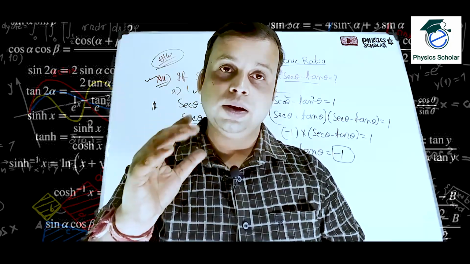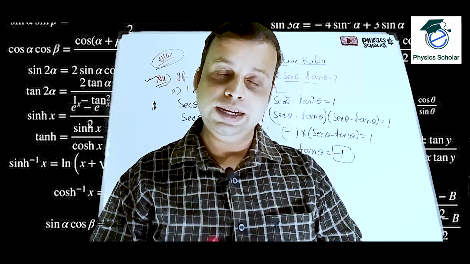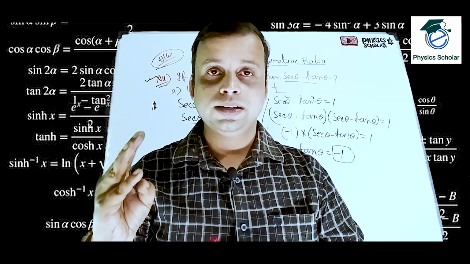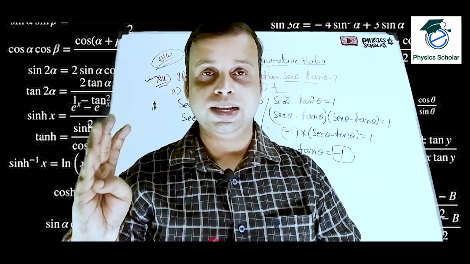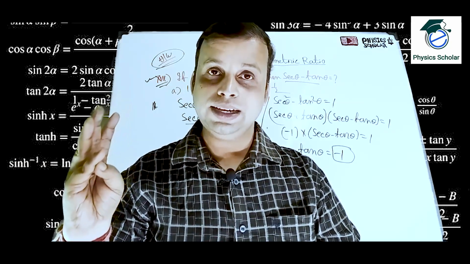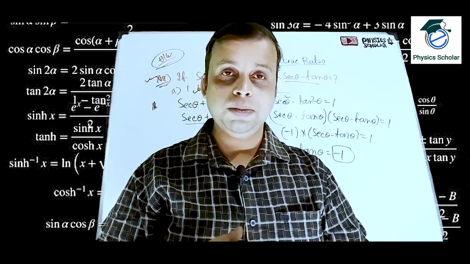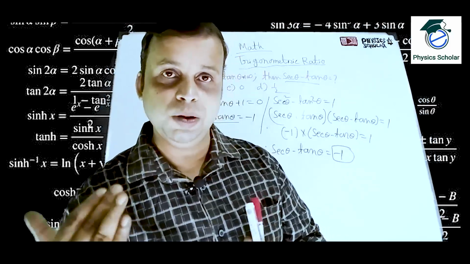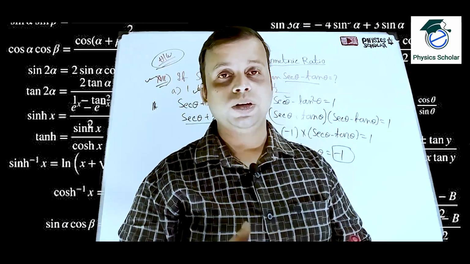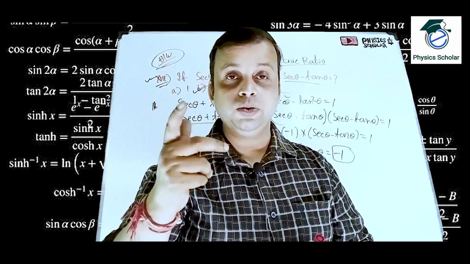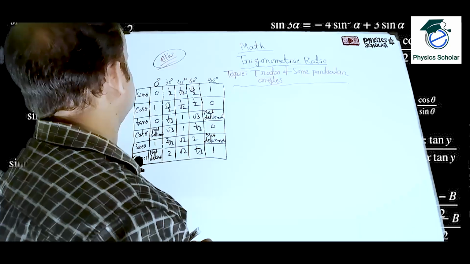You have to memorize some values. Okay. 30 degree, 45 degree, 60 degree and 90 degree. Clear? Of all the trigonometric functions, sine, cos, sec, cosec, tan and cot. Clear? Of all the values. So I will give you a chart. You memorize that. You will also find it in your books. Clear? And we will do different type of sums by using those values. Clear? So now let us move.